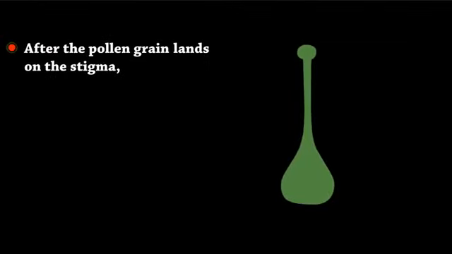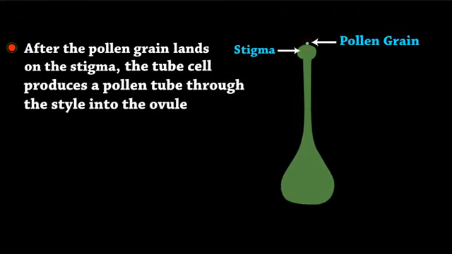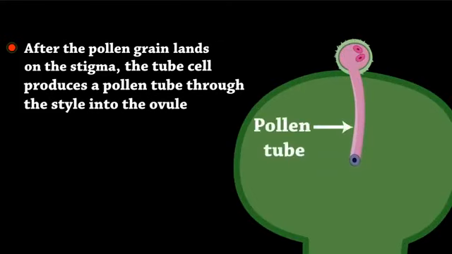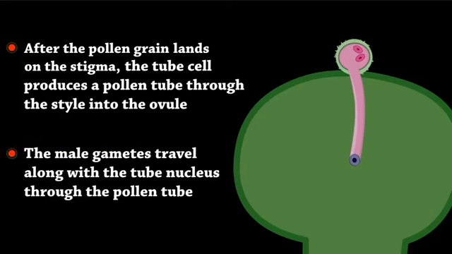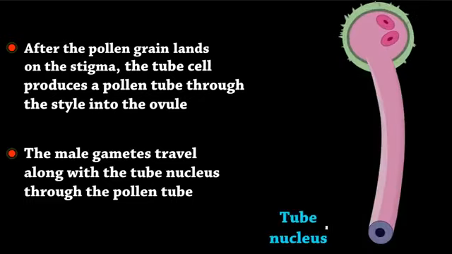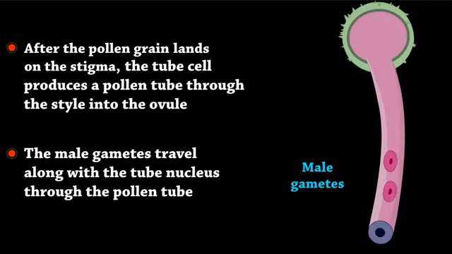After the pollen grain lands on the stigma, the tube cell produces a pollen tube through the style into the ovule. The male gametes travel along with the tube nucleus through the pollen tube. After they reach the ovule,